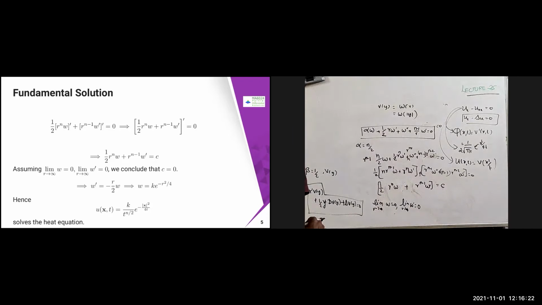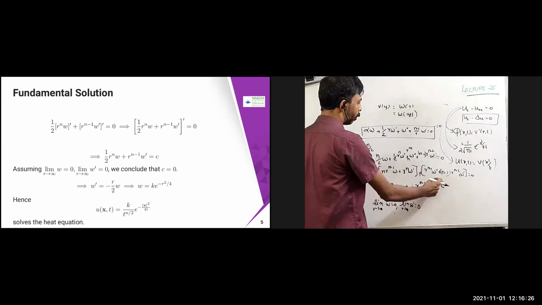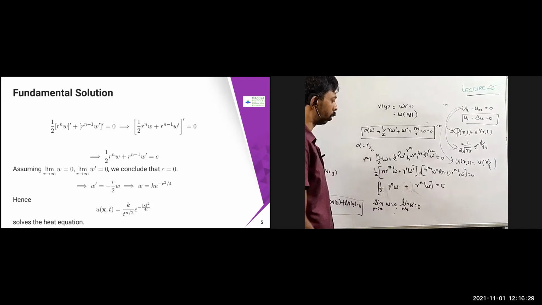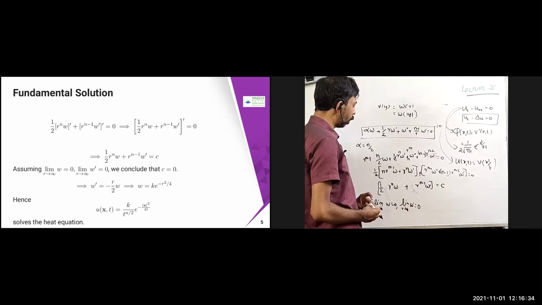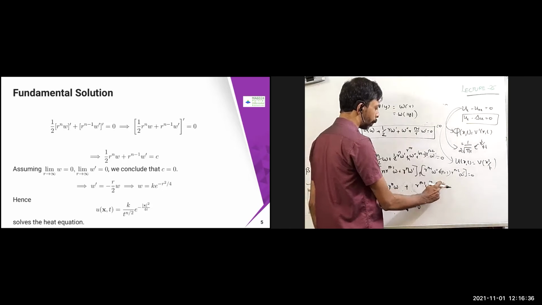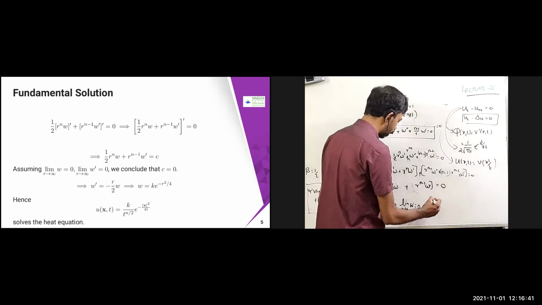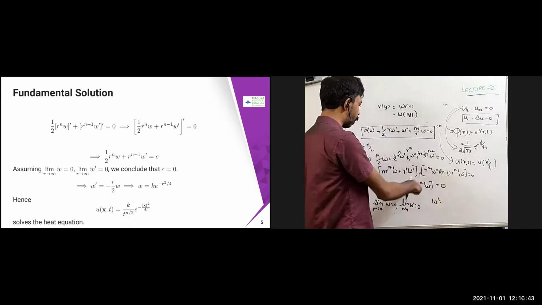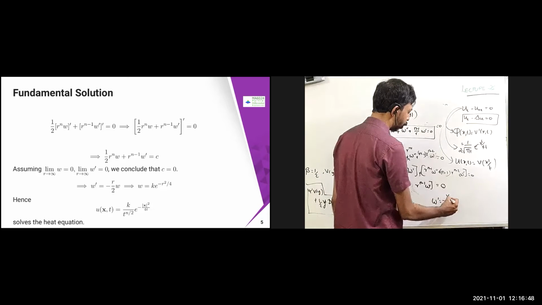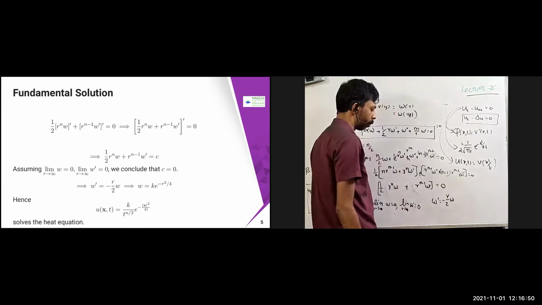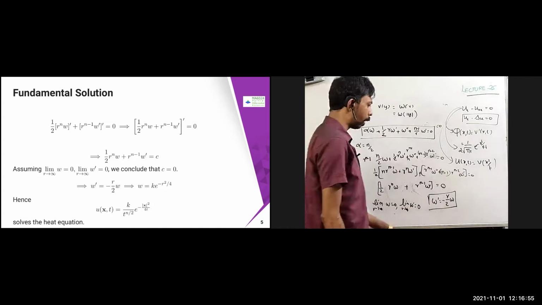So in that case, if I allow the limit r tends to infinity here, then this c is going to become 0, because both are tending to 0. So therefore, c is becoming 0. That means, r power n minus 1, r power n is going to get cancelled, and you are going to get w dash equal to minus r by 2 times w. So this is a simple ODE, for which the solution is going to become like